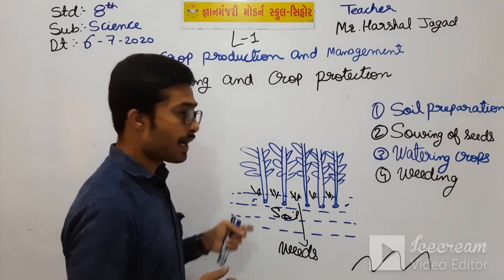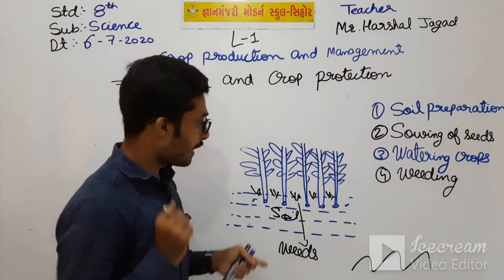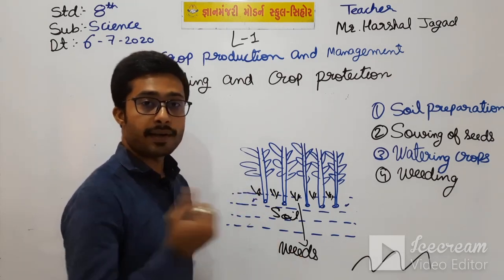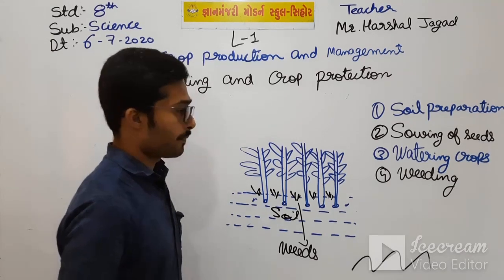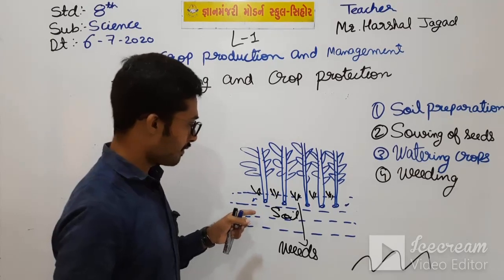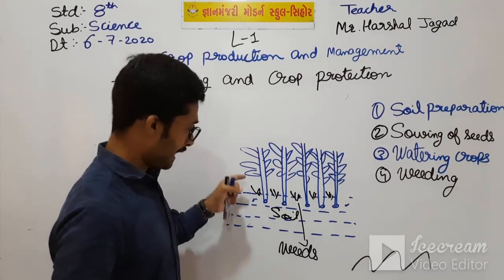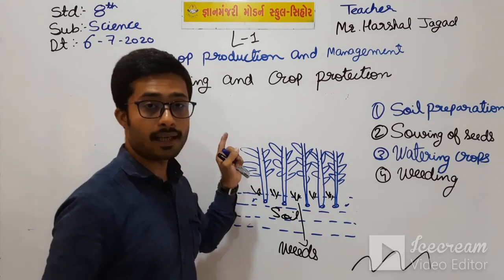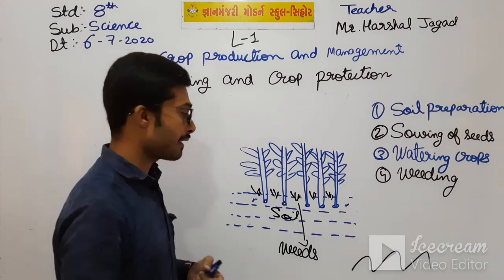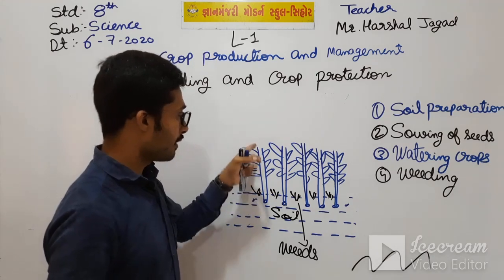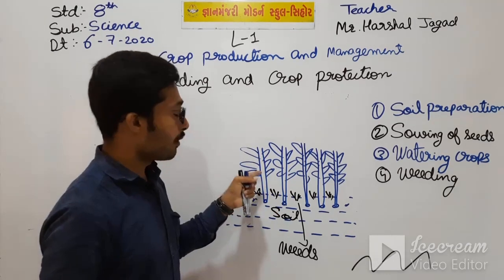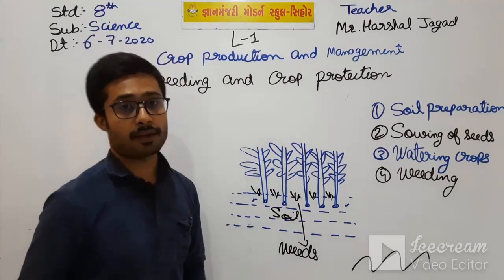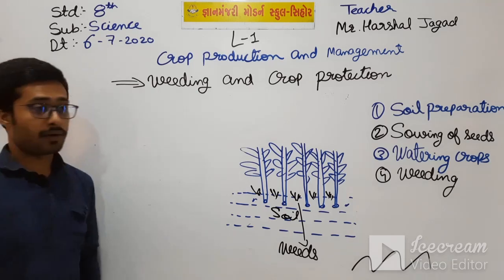The first method is that it can be removed by the farmers by taking it out. But in that method some of the main crops are also taken out by mistake. So the second method is adding chemicals. If we add chemicals the weeds will die and it will not harm the crop, but we have to take care that the chemical does not touch our main crop, else it also harms that crop. So this was weeding and crop protection. This was the whole process.